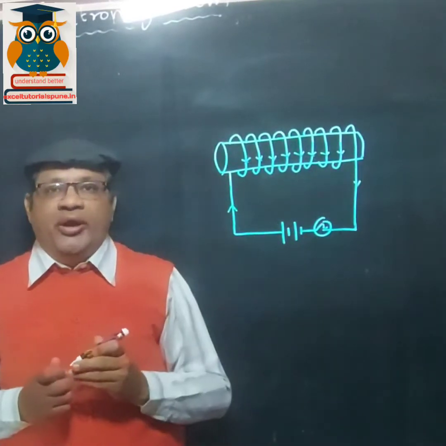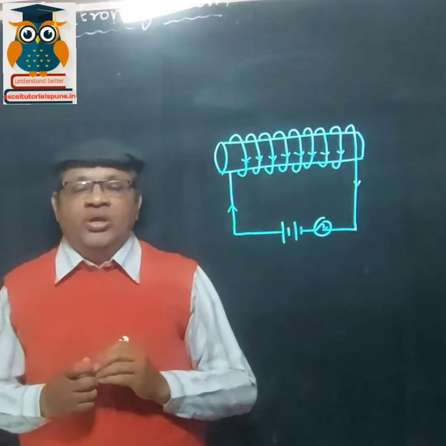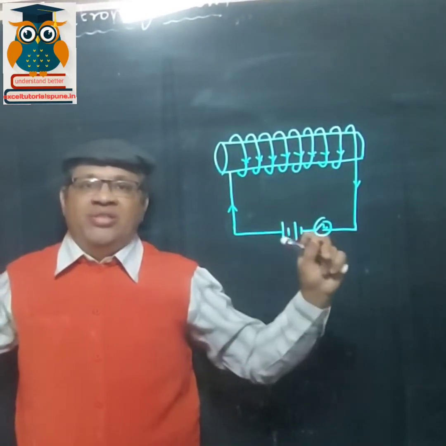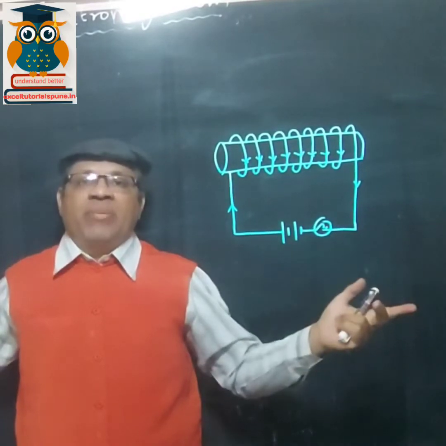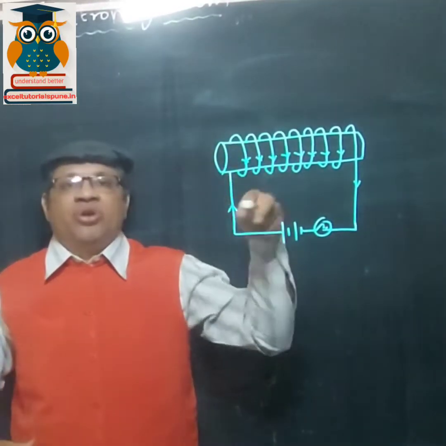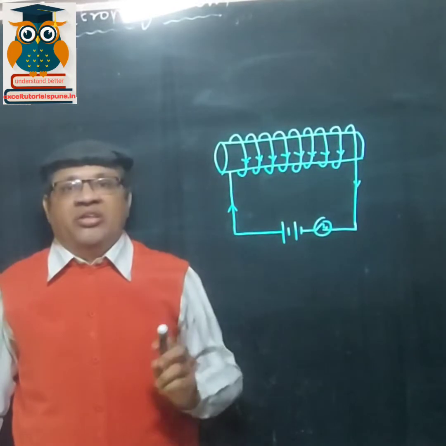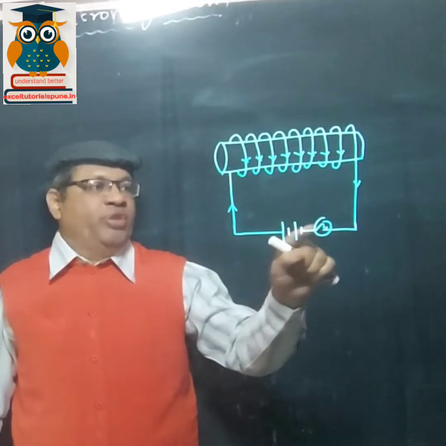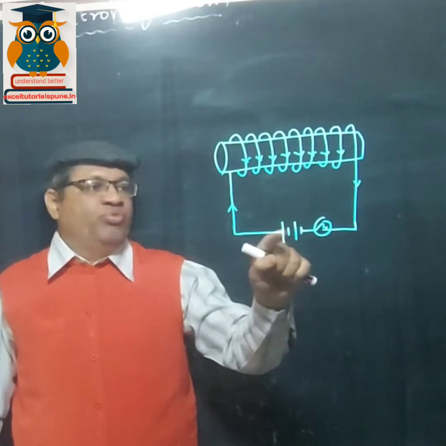So this is a solenoid. So what is a solenoid? It is a copper wire taken and the length is more than the diameter. That means a large number of turns are taken around a non-conducting substance. Okay. Now when you pass electricity through it, when you put the switch on, the current moves from positive to